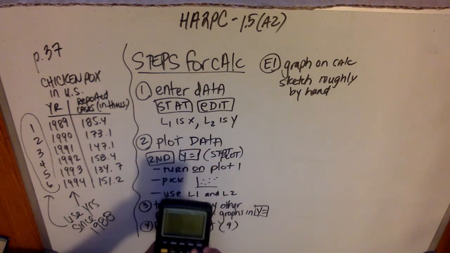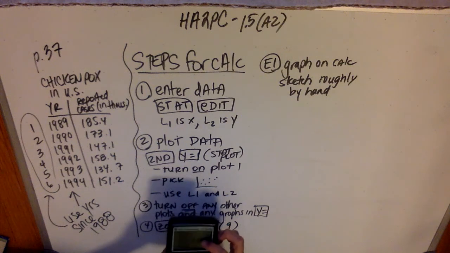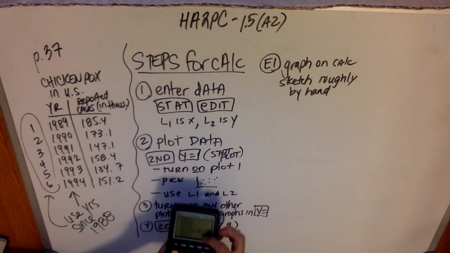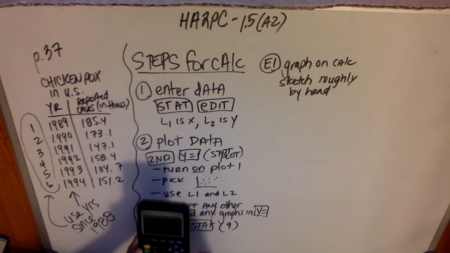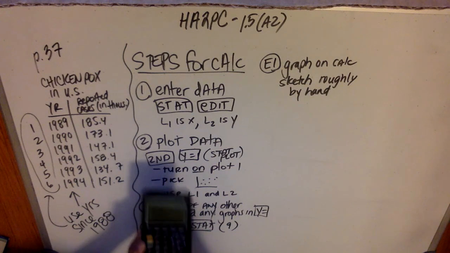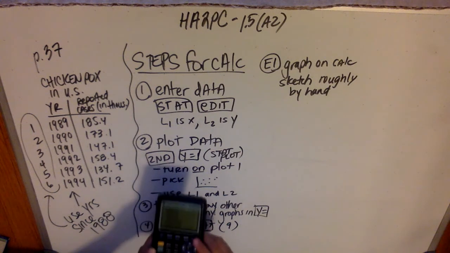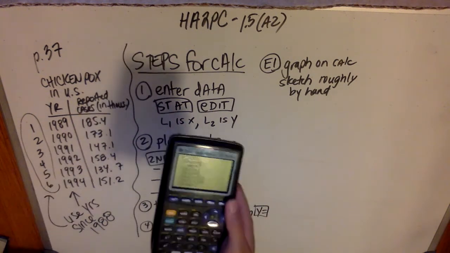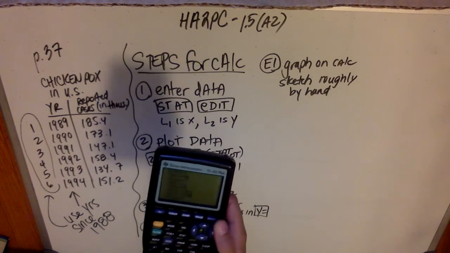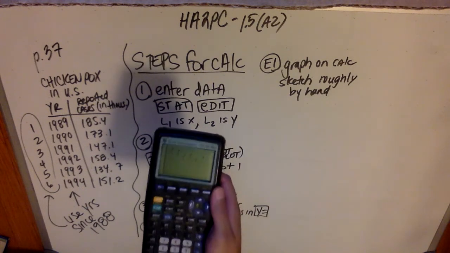You'll also notice that they jumped from 126 to 194. Maybe I don't want that. Maybe I want to go from 0 to 200, right? And if I did that, I'd probably want to go by, let's say, 20,000 cases at a time, right? So I changed that to fit a little bit better, but again, it's easier to start with a Zoom Stat and then adjust things accordingly. Now I hit graph, and there's my nice, happy